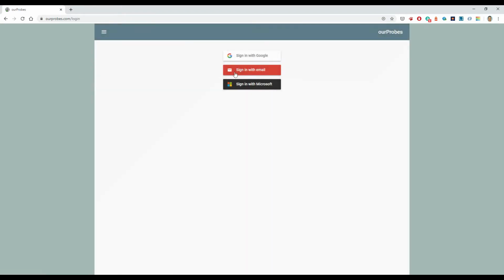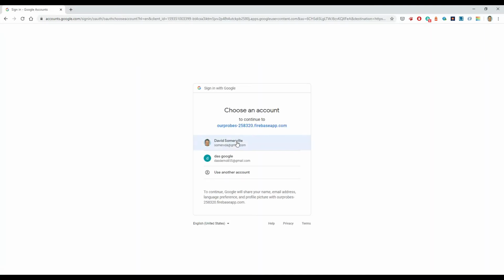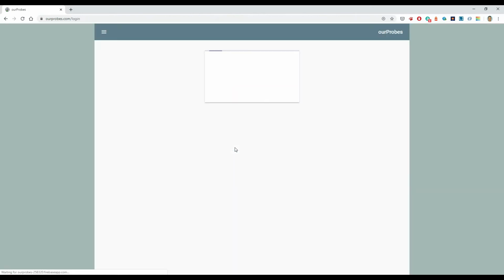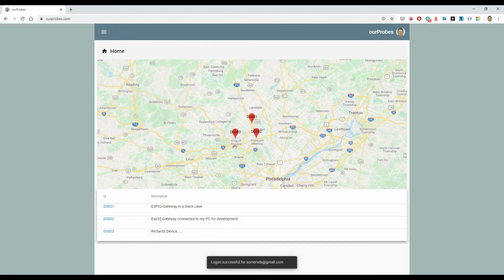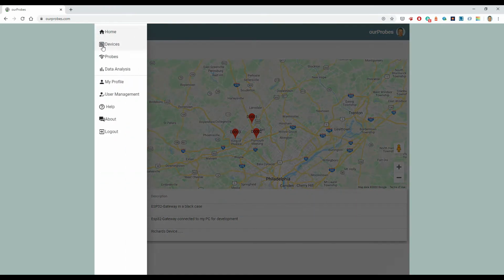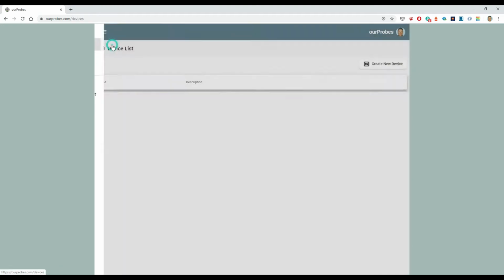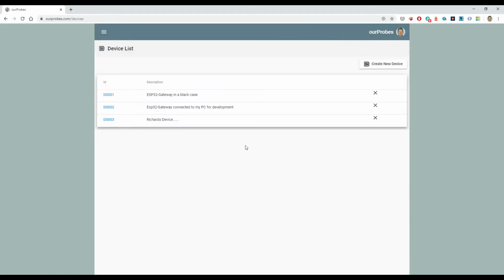So I'm going to do login. I'm going to log in using my Google account. And I'll be following through much of the workflow in the manual. So the first thing we're going to look at is managing devices. I'll click on devices, and you can see it shows the current devices, and you can go through and create